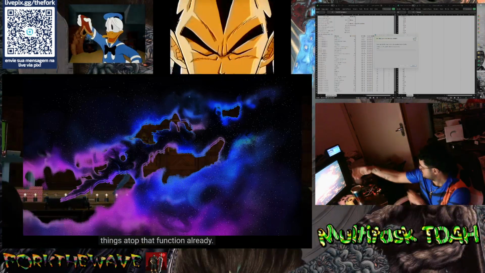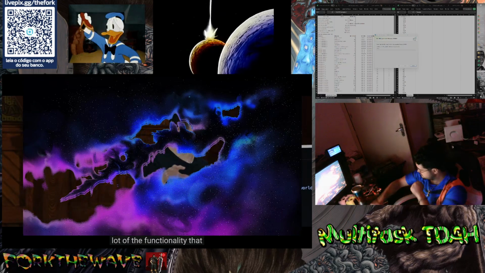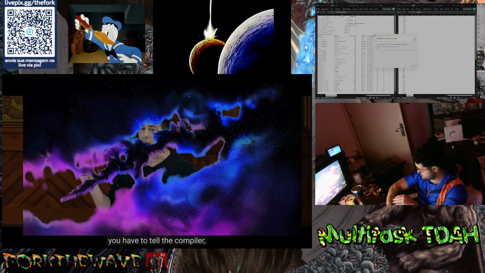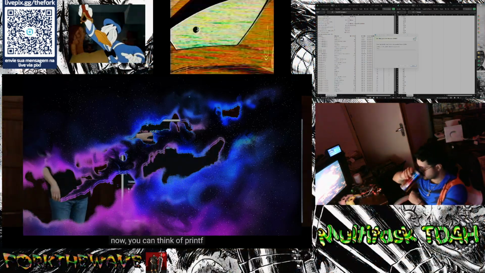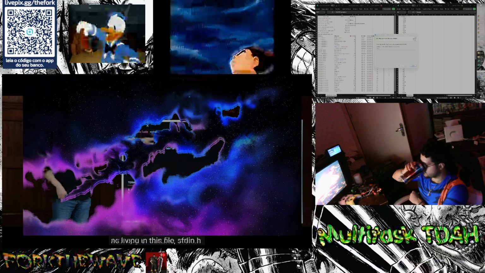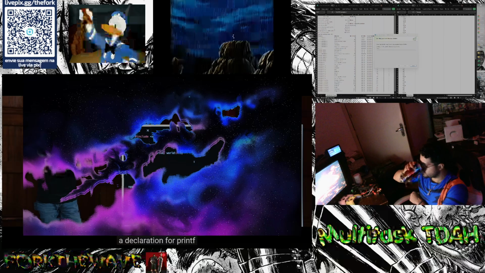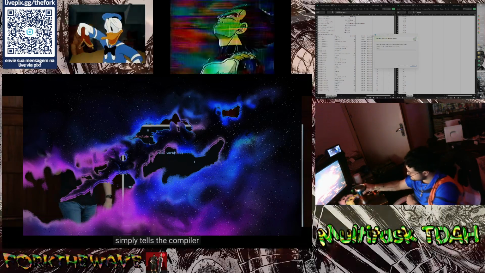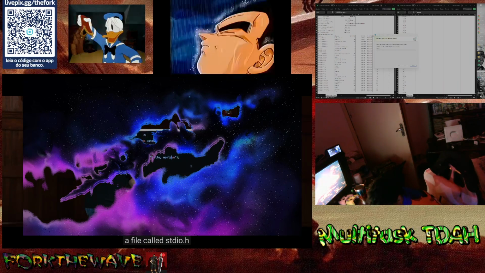It includes stdio.h. It turns out that in C, a lot of the functionality that comes with the language is tucked away in separate files. So if you want to use this function, you have to tell the compiler, hey, I want to do some standard input and output, like I want to print something on the screen. For now, you can think of printf as living in this file, stdio.h. It's a bit of a white lie for now, but in stdio.h is essentially a declaration for printf that will teach the compiler how to print things to the screen. So hash include simply tells the compiler, before it does anything else, go ahead and find on your local hard drive the file stdio.h, and copy and paste it there, so we now know about printf.